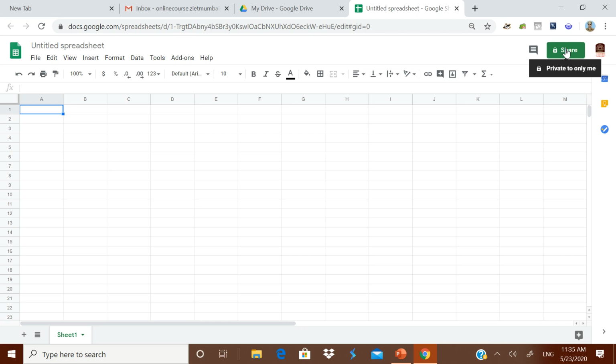Suppose there are 60 Kendriya Vidyalayas, they will form serial number and the name of the Kendriya Vidyalaya, and the information will be kept vacant, and the particular Kendriya Vidyalaya will open it and they will fill their particulars. All of them will get compiled automatically in this Google Sheet. That is one advantage. Okay, I am closing it.